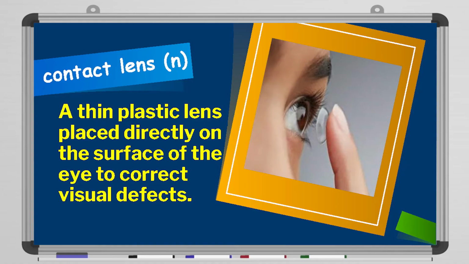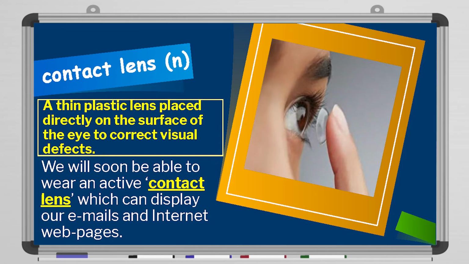Contact lenses, it means a thin plastic lens placed directly on the surface of the eye to correct visual defects. We sometimes use them instead of glasses. For example, we will soon be able to wear an active contact lens which can display our emails and internet